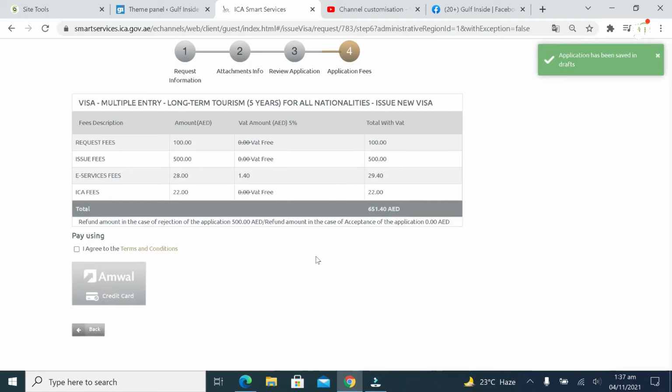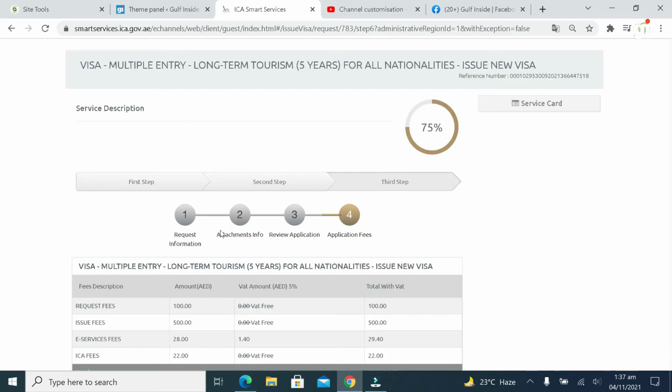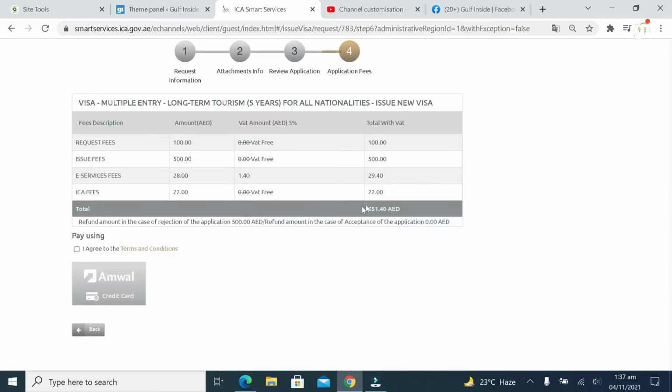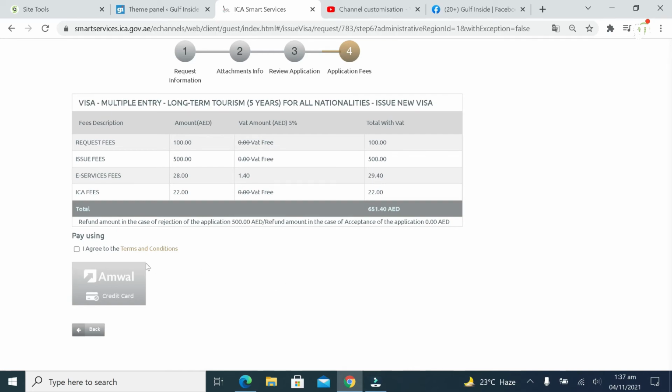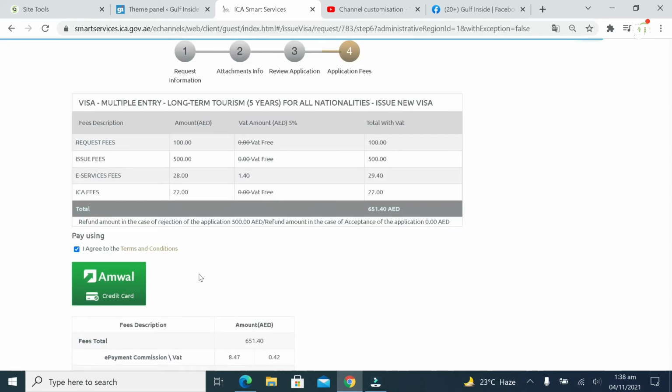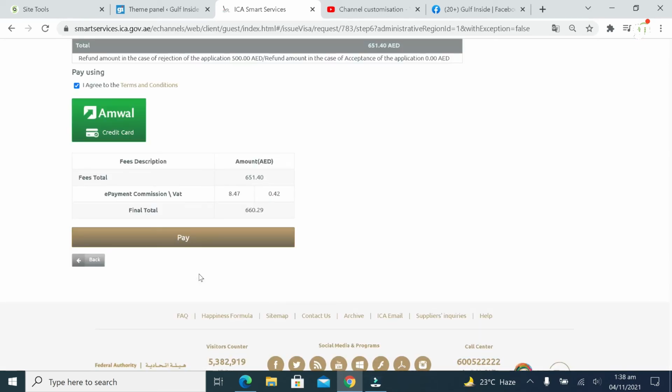Once you are done with everything, then you need to pay this fee, the visa fee. The visa fee is 651.40 AED, UAE dirhams. Okay, you need to pay this online. Then you need to select here, then you need to click here. After clicking here, this will show a small window.